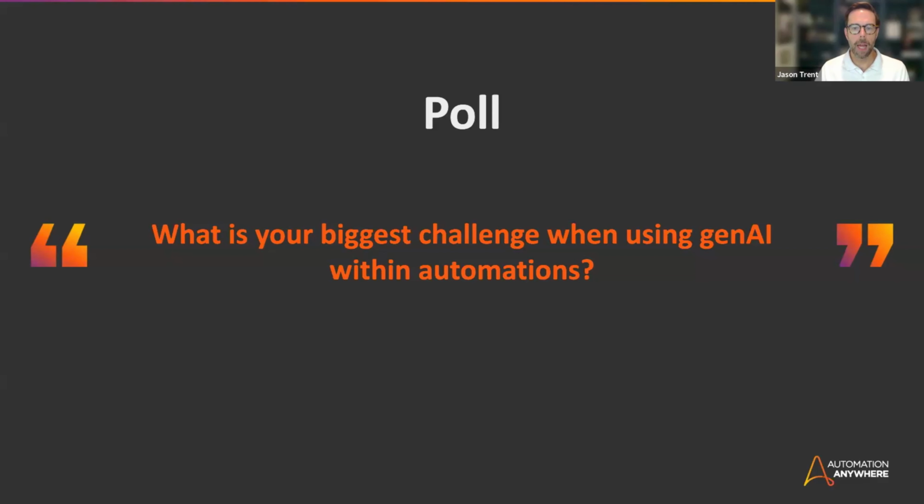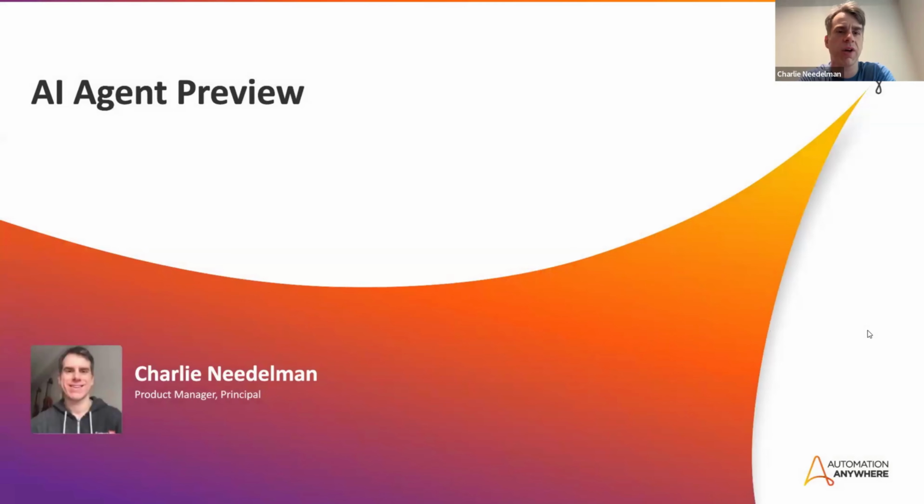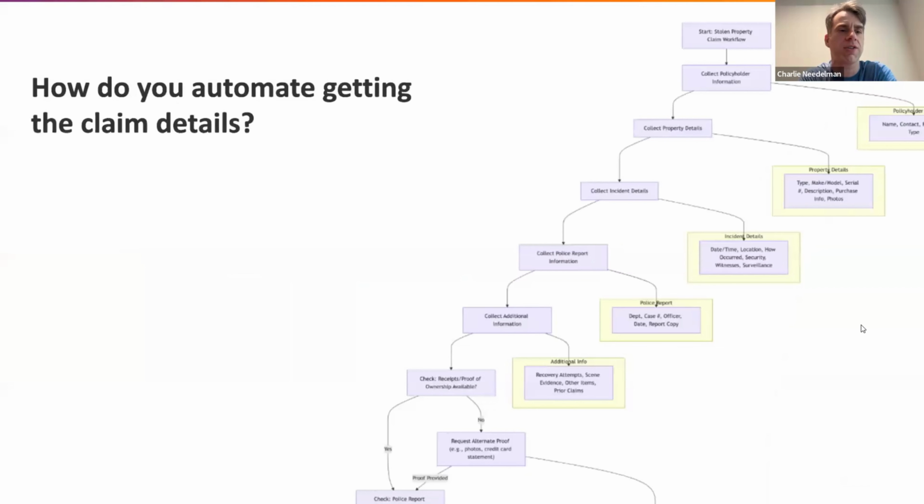So with that, I'm going to go ahead and wrap up my time. Charlie, I'm going to hand it over to you and let you take the team through why agents are different than RPA and how do you think about moving from an RPA world into an AI agent world, and then really what everyone's here to see, which is how does everything work. All right, Charlie? Cool. Yeah. Thanks, Jason. All right, let's get started. Maybe the next slide.